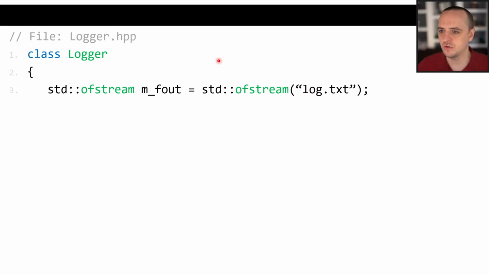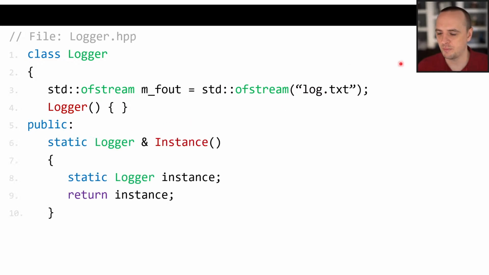So what we do is we're going to create a singleton class called logger. And in the private member variables, we're going to create an output file stream. And that output file stream, we're going to open up, say, log.txt, right? Makes sense? And then our constructor for this class is going to be private. And then in our public section, we're going to have our instance function, which is static and returns a reference to the only instance of this logger class, and then does the same thing, where we say static logger instance,